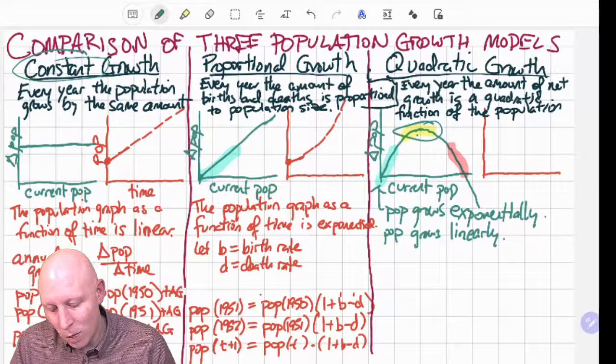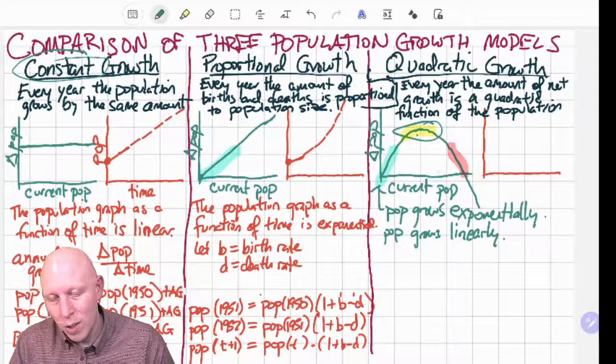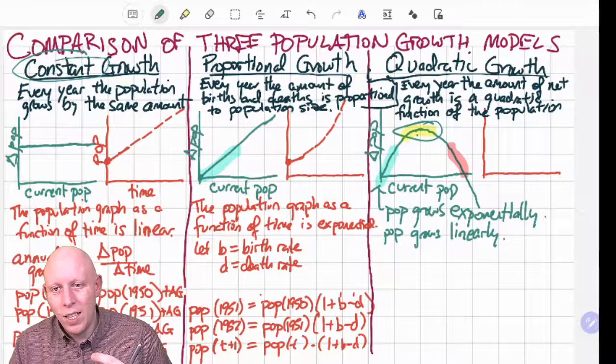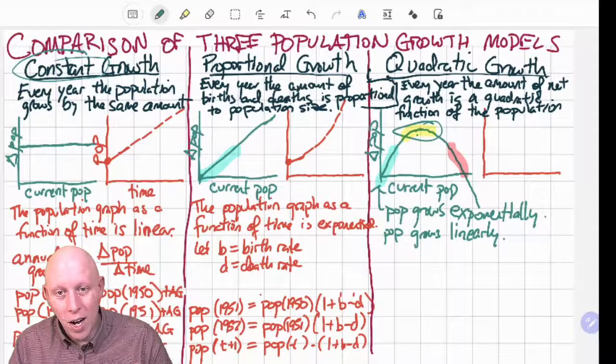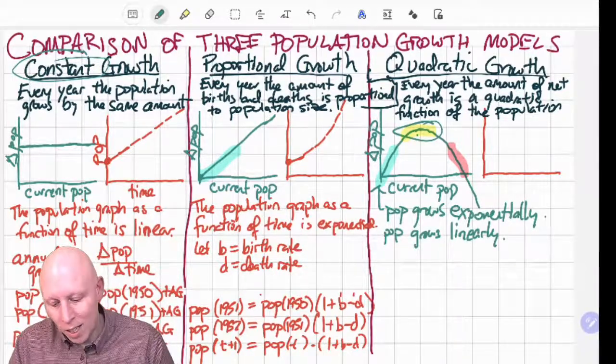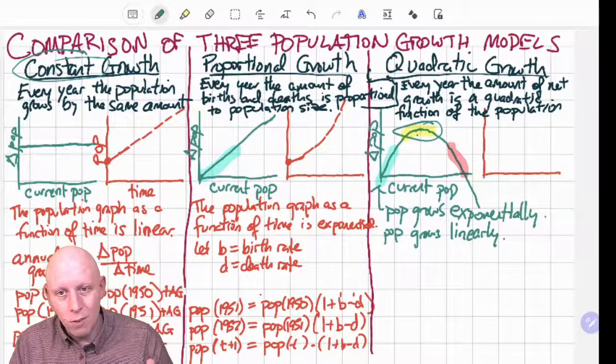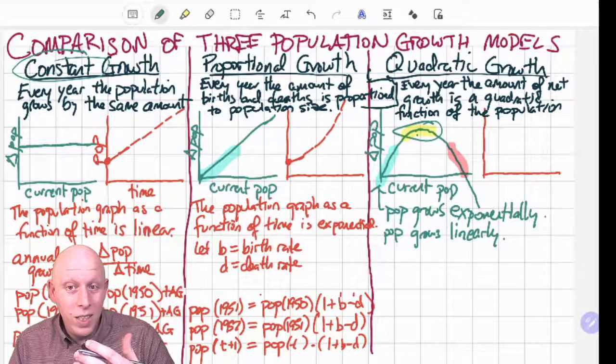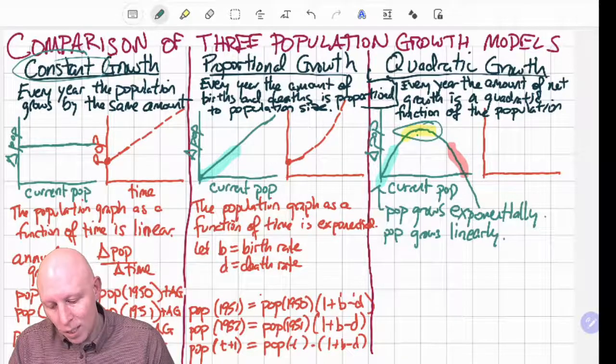Okay, and here I'm getting myself into trouble again, right? I don't actually mean the population grows exponentially. I'm talking about the population graph looks like an exponential graph. In that second region, the population graph looks like a linear graph. And then in this final range here, in this red range,